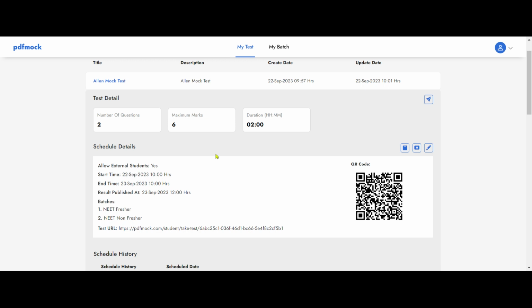So you have seen how easily I have created a test from the existing PDF question paper, which are very abundant on the internet or through your institute, and you can do it yourself. You don't have to really be dependent on a data entry operator or wait for things to be inputted. Also, this takes care of all the mistakes of the data entry operator who works in the back end of a conventional quizzing platform application. So it takes care of a lot of things, and this has been meticulously made very easy for teachers,